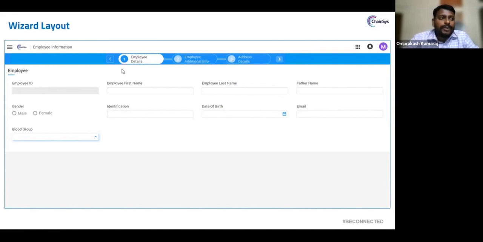So the user goes with the draft mode when he thinks that he can edit the record each and every time, even after completing the entire wizard. Completed mode, the user will prefer to go with completed mode when, once the user enters all the 3 steps, after that he should not edit the records, it just needs to be for view purpose. Then the user needs to go with the complete option.